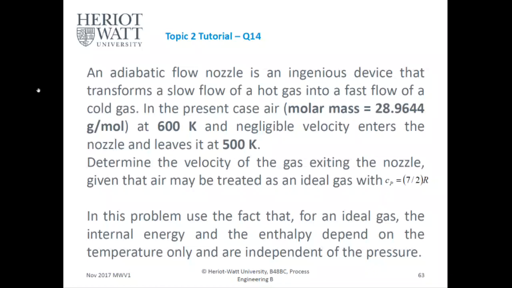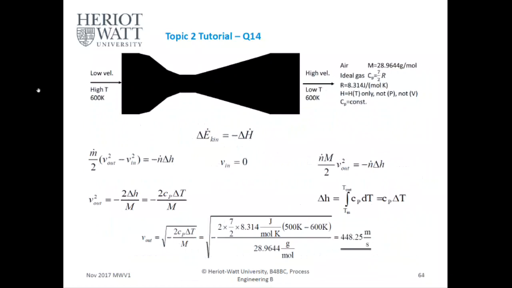Cp equals 7 over 2 R because we are assuming air is diatomic. In this problem, we use the fact that for an ideal gas, the internal energy and the enthalpy depend on the temperature only and are independent of pressure. So, change in kinetic energy equals the negative change in enthalpy, because there's only movement, there's no potential energy. Yeah, working from first principles,